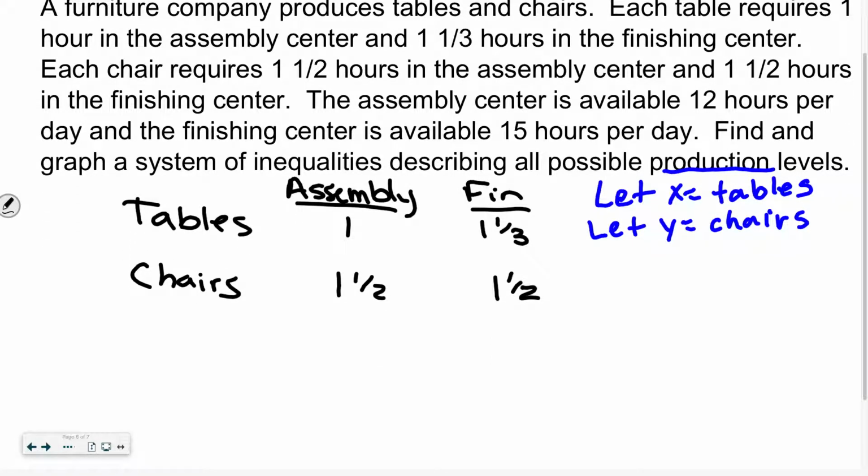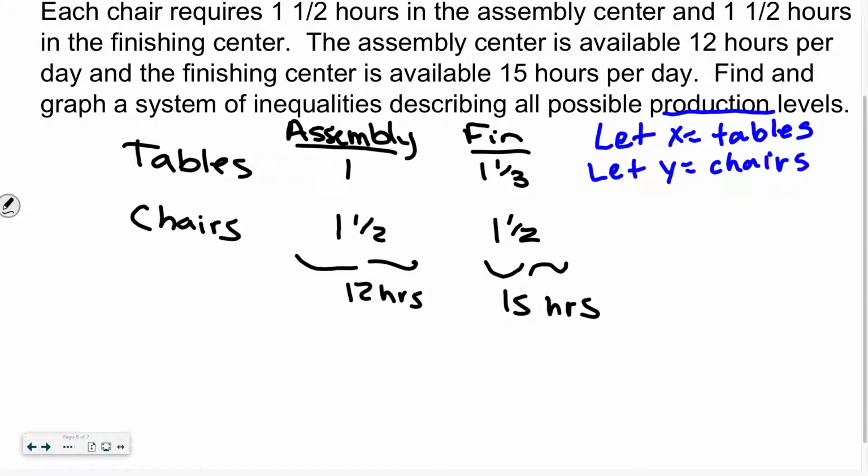And then we're told assembly has only 12 hours, finishing has only 15 hours. And we had defined our variables. We're going to let tables be X. We're going to let chairs be